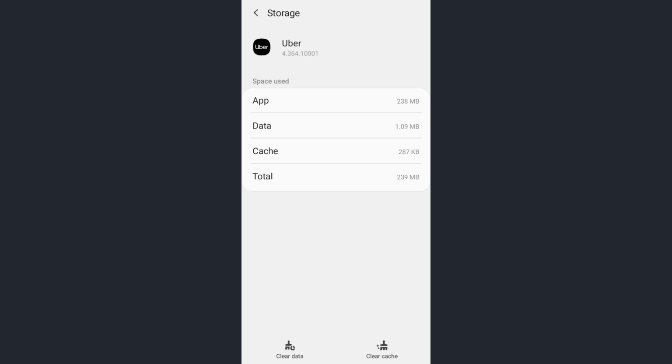Now if both of these solutions do not work for you, the easiest solution is, wait, I'll show you. Go back to your home page, and now the easiest solution I was talking about is to uninstall your app and reinstall it. So the process of uninstalling an app is very easy. Just long press on the app, then you will see a pop-up, and here tap on the uninstall option, and that's how your app will be uninstalled. To reinstall your app, go to your Play Store or App Store, type the name of the app which you have uninstalled, and then reinstall it. So once you have reinstalled your app, try logging in, and that will also fix your login errors.